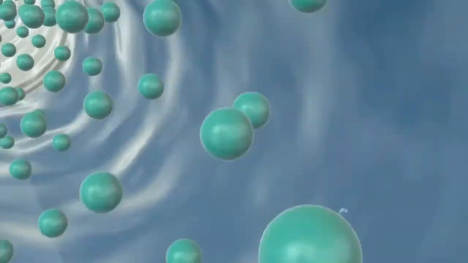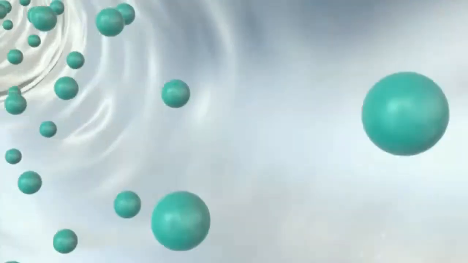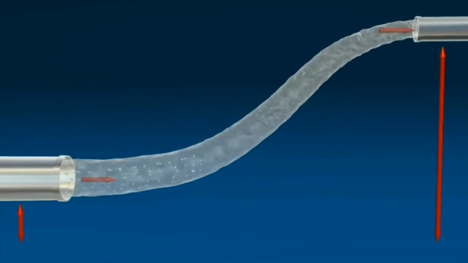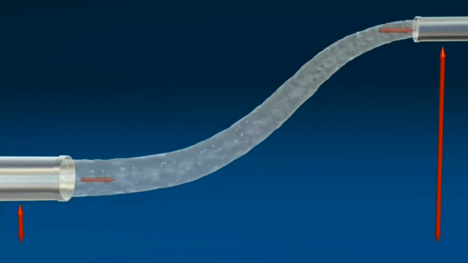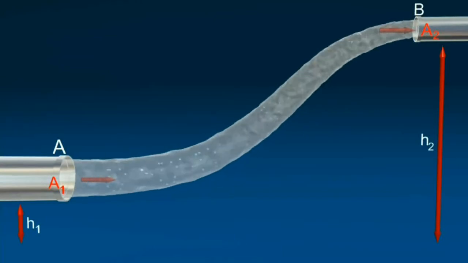In order to prove Bernoulli's theorem, let us consider the liquid to be incompressible and non-viscous and having steady flow. Imagine an incompressible and non-viscous liquid flowing through a pipe of varying cross-sectional area. Let the liquid enter the pipe with a normal velocity v1 at its wide end A of cross-sectional area A1 and at a height h1 above the reference level. Also suppose it leaves the pipe with a normal velocity v2 at the narrow end of cross-sectional area A2, which is at a height h2 above the Earth's surface.